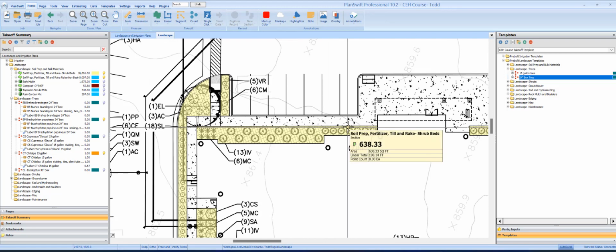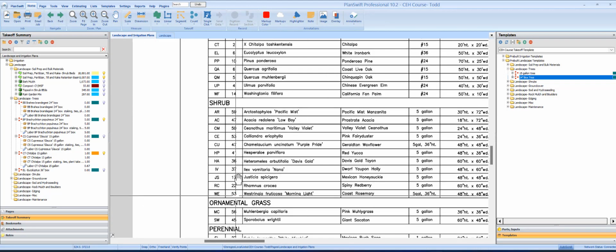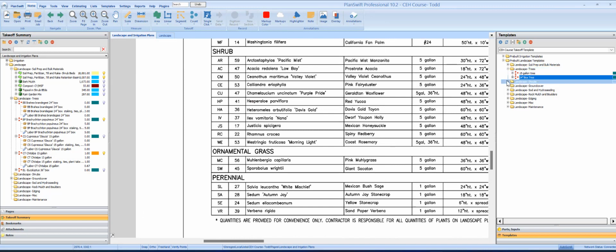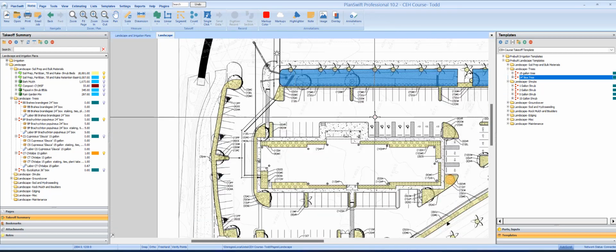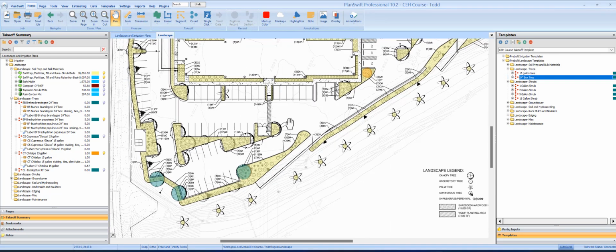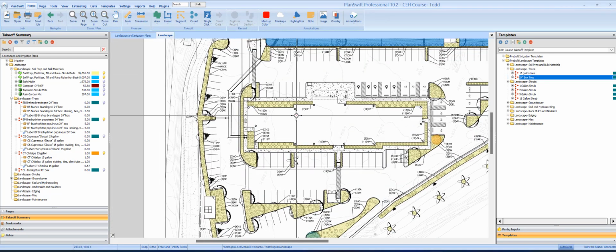Okay. So anyway, what you're going to do is go through, count all the trees and the shrubs. Okay, so again, you're going to go back to your legend, see what they are, what size they are, use the shrub size accordingly, 5 gallon, 5 gallon, 5 gallon, 1 gallon, and we're going to go ahead and count all these wonderful plants. Okay, and once we get them done, we're pretty much done with this project here. We can add some root barriers if we want. We can put in maintenance and things like that, but this is going to take the bulk of the time,